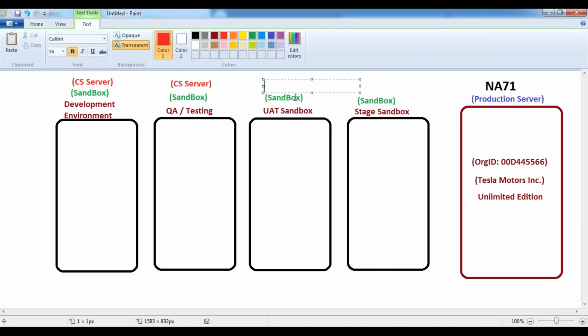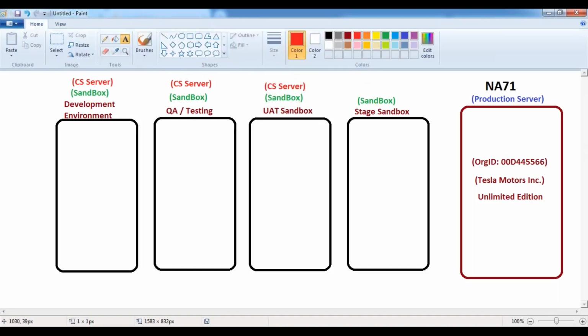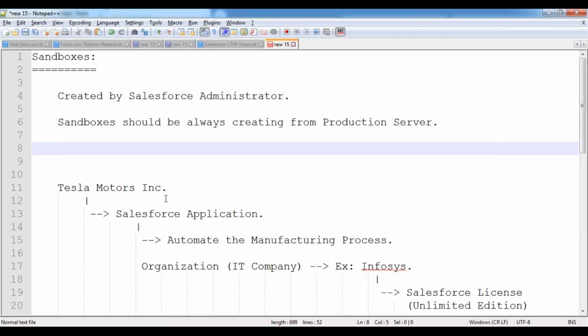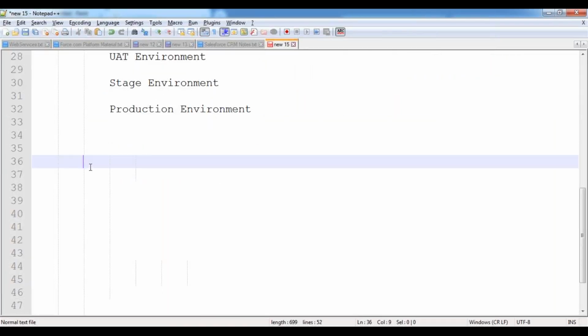This is also available on CS server. CS server means what here? For example, whenever I'm logging into my Salesforce instance, inside that URL, it will be showing like this,